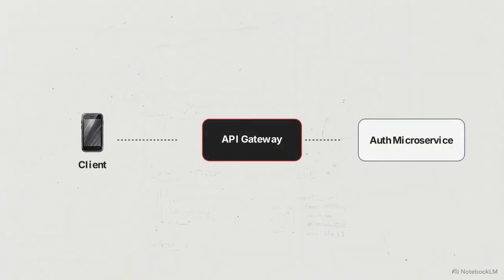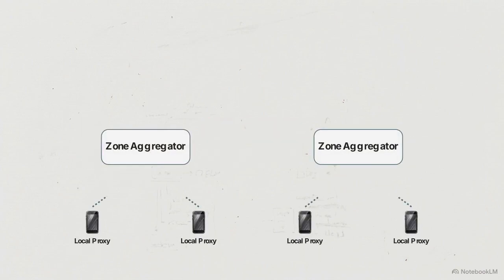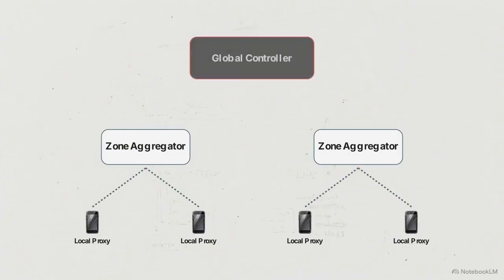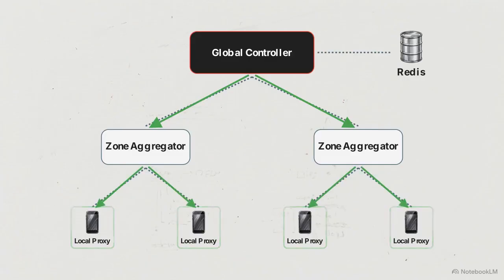We begin at the ingest layer. The architecture requires 3 starting points: the client, the API gateway, and a dedicated authentication microservice. The gateway operates as the sole entry point, routing traffic and coordinating with auth to verify identity. To protect the gateway from spikes, we use a 3-tier rate-limiting architecture. Local clients report counts to zone aggregators, which feed a global controller. Using Redis, the controller calculates optimal drop ratios and pushes limits down to local proxies, avoiding centralized bottlenecks.